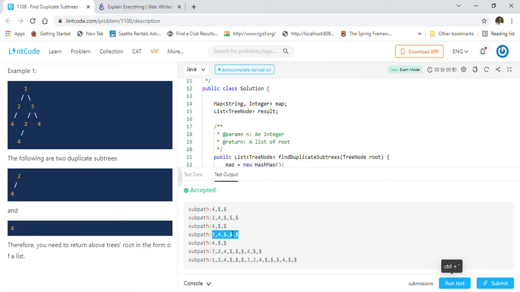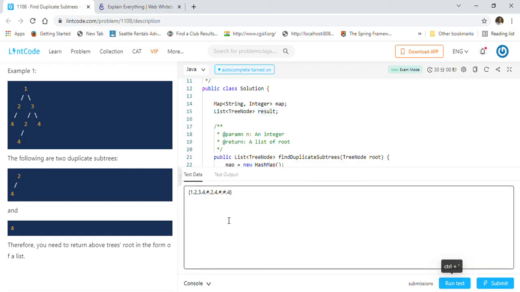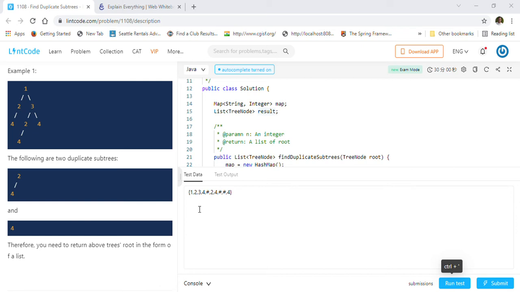So it is a recursive program, so it will keep forming the substrings, and whenever it finds a duplicate, for example here this one and this one, it's a duplicate, then it will output it into our list, like this one 2 $4 and 2 $4. These are also duplicates, so it will output them in our output list. So this one is working correctly. So we can take one other example.